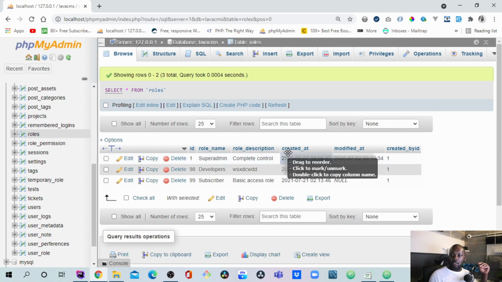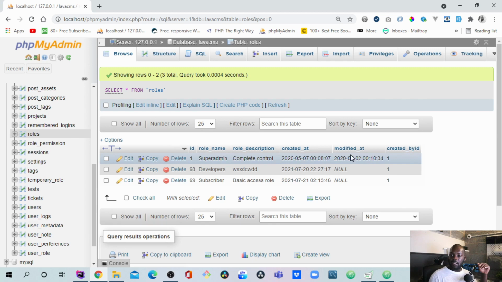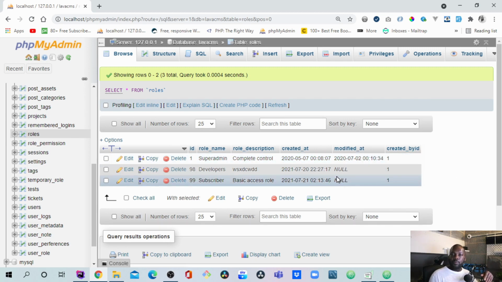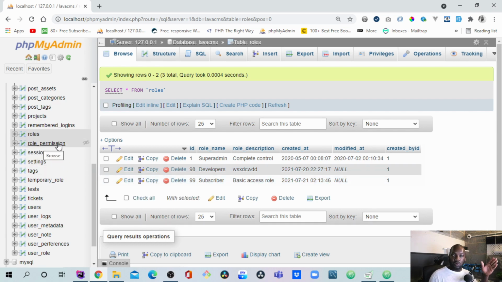So you can see we log the created time and we log the modified time. If we modify that particular role, it will create a timestamp for us. So that's pretty much what the roles table does. It allows us to create as many roles as we want within our system. And same goes for